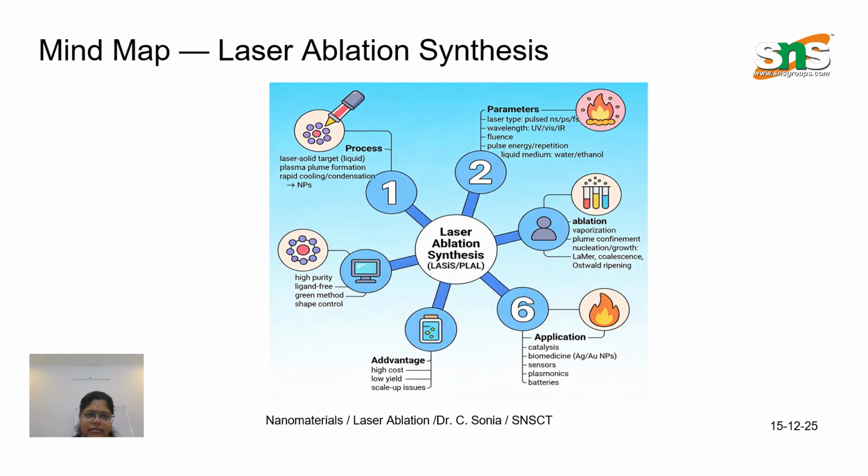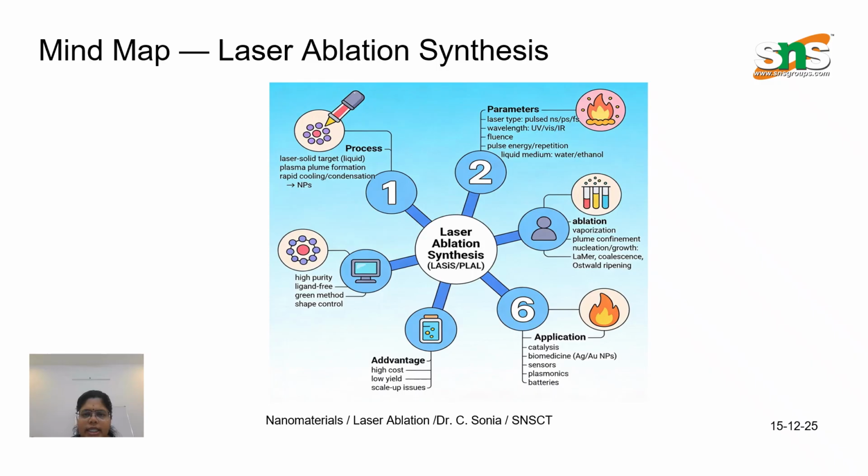Let's see the mind map of the laser ablation process. You can see the process, that is, laser and solid target. That is the first process. It forms plasma, followed by rapid cooling and condensation, and next it gives the nanoparticles. Process parameters are laser type, pulsed nanosecond, then wavelength, ultraviolet, visible or IR, then pulse energy, repetition, and liquid medium,